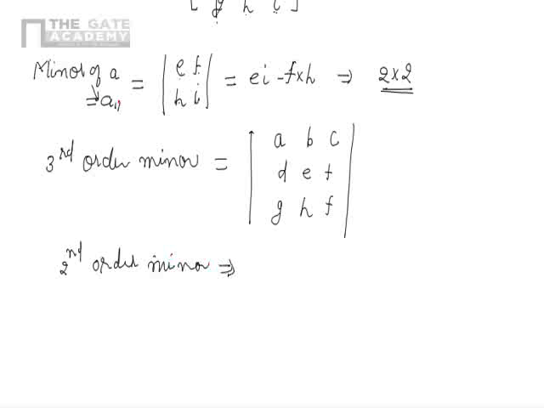One example we already discussed: with respect to A11, we talked about the minor. Similarly, we can go corresponding to all the 9 elements. So for second order minors, there will be a total of 9 minors of order 2. And first order minor,